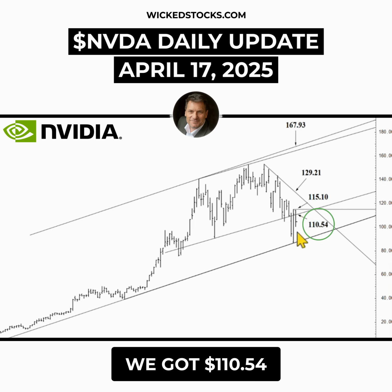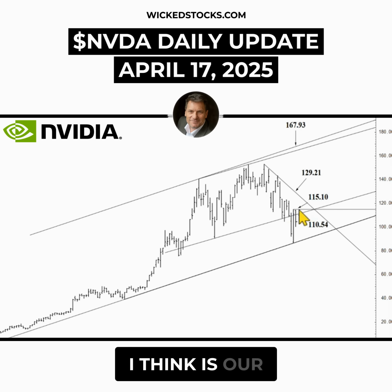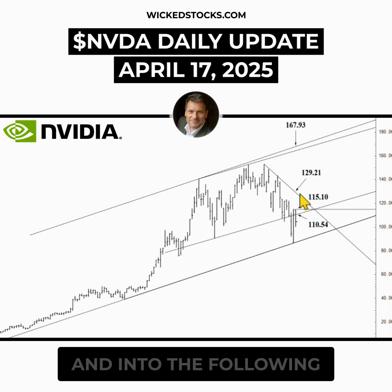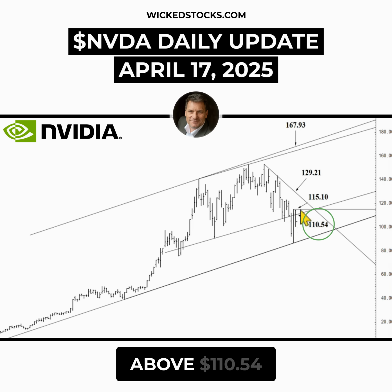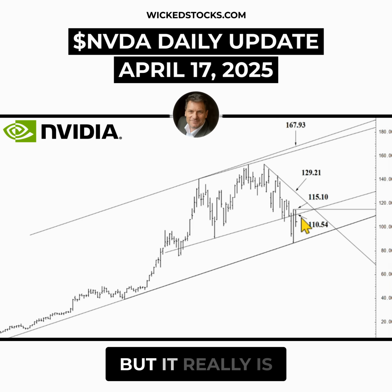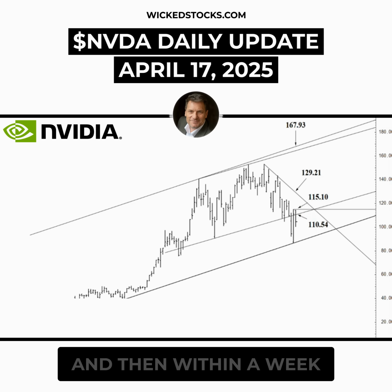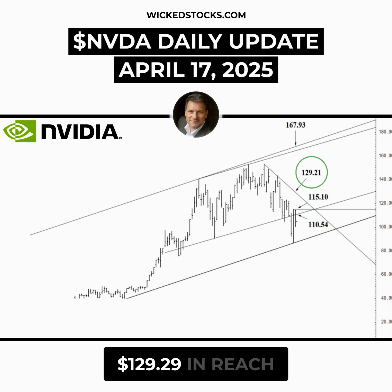We've got 110.54 sellable resistance through next week now, but 115.10 I think is our upward pivot point through next week and into the following. Yes, if we close above 110.54, that is constructive today for the week itself, but it really is a settlement above 115.10 that will set off a short cover rally, and then within a week to at the most 129.29